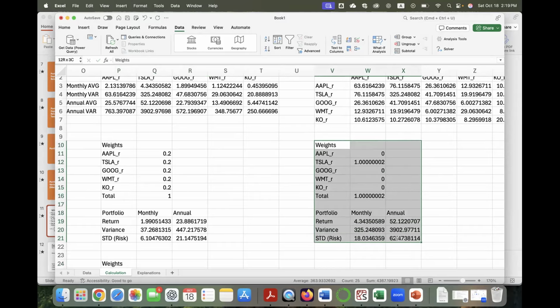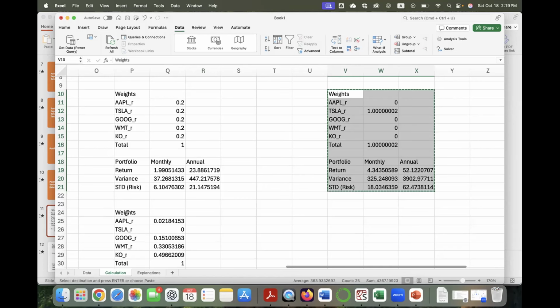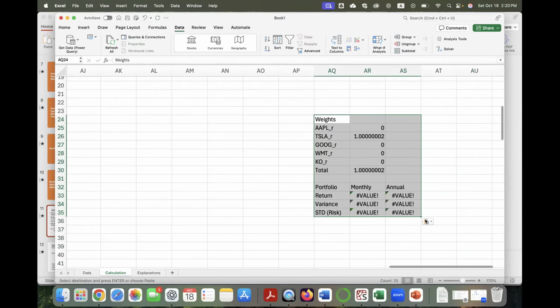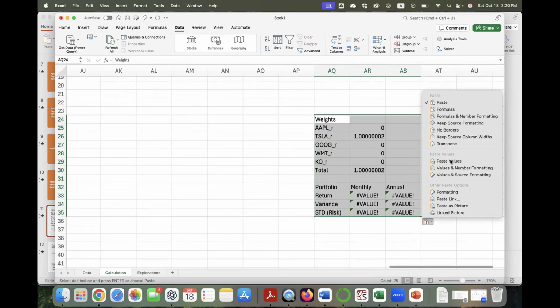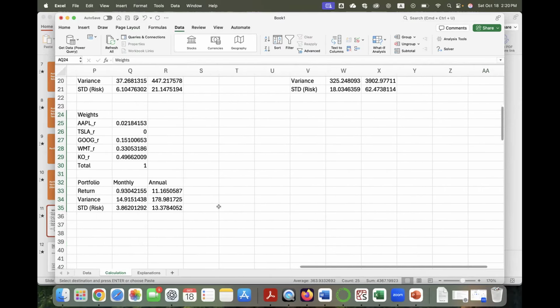So I'm going to select all of this. I did P24 here, and I'm going to go all the way to the right, somewhere maybe here, and paste it, maybe a little bit more here. I'm going to make sure that it's pasted as values. So that's the maximum risk. So the minimum risk